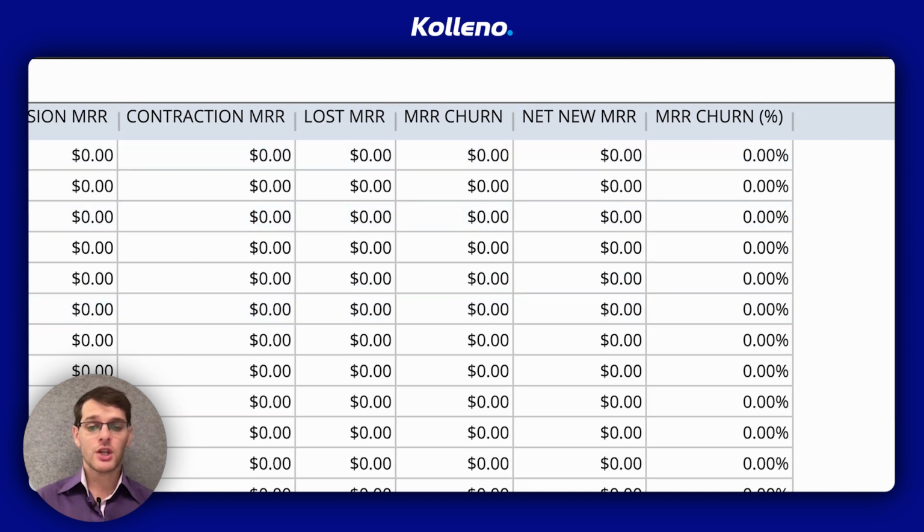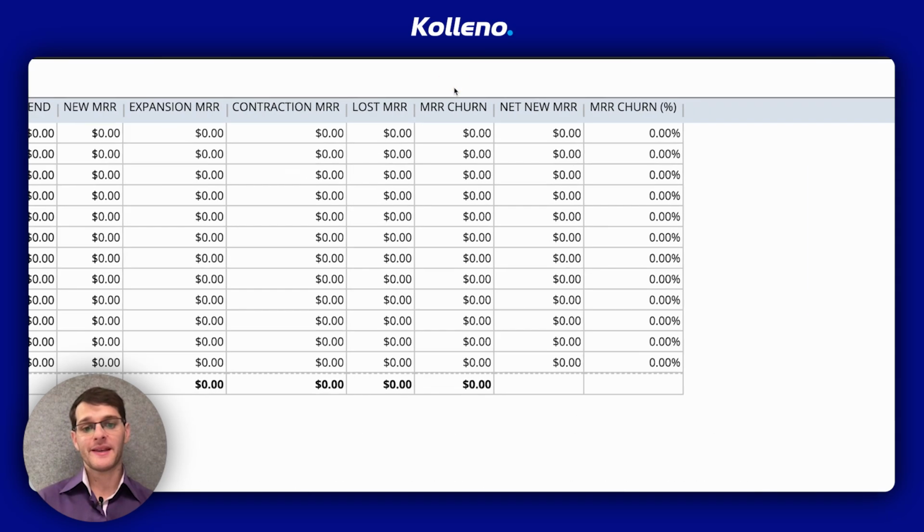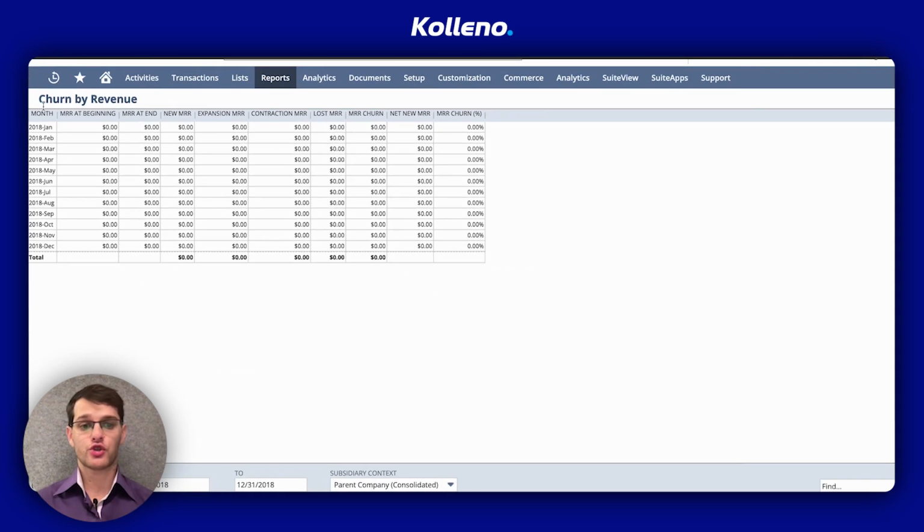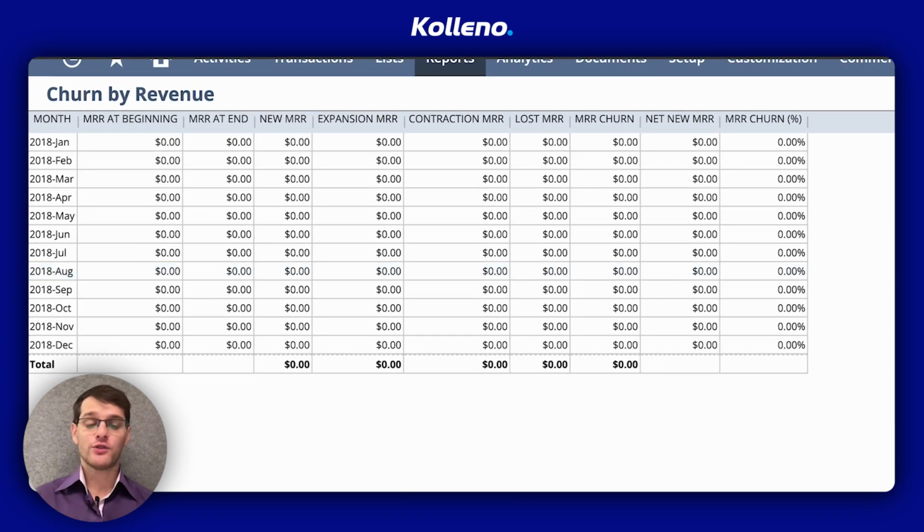Some additional notes: all MRR is categorized as new in the first month, with churn calculation starting from the second month. Revenue from suspended subscriptions does not contribute to churn, and really using this report will help you understand how MRR shifts due to customer